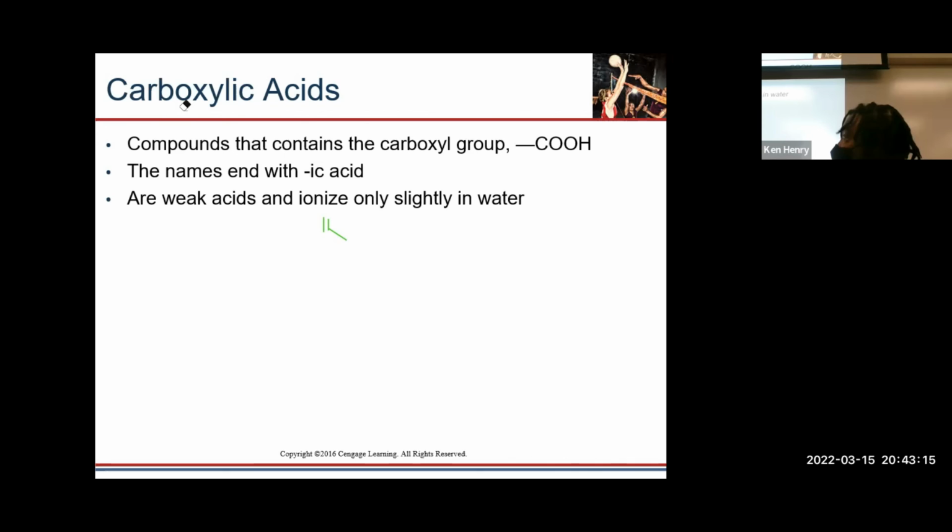Actually, let me do it like this. So it's a C double bonded to an O, and it's also bonded to an OH. Okay, so if we have another C here,